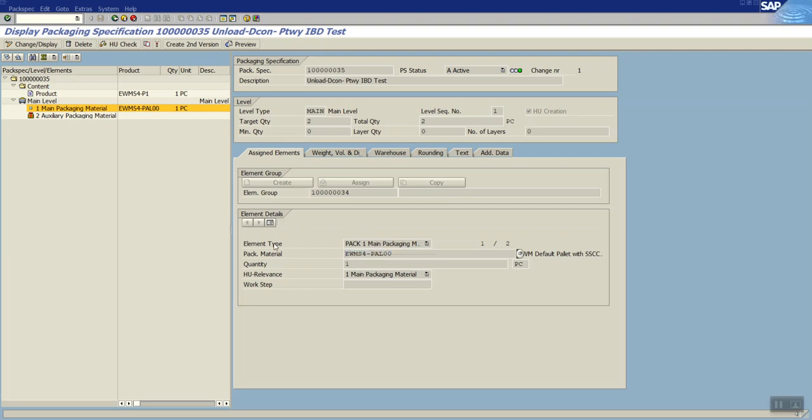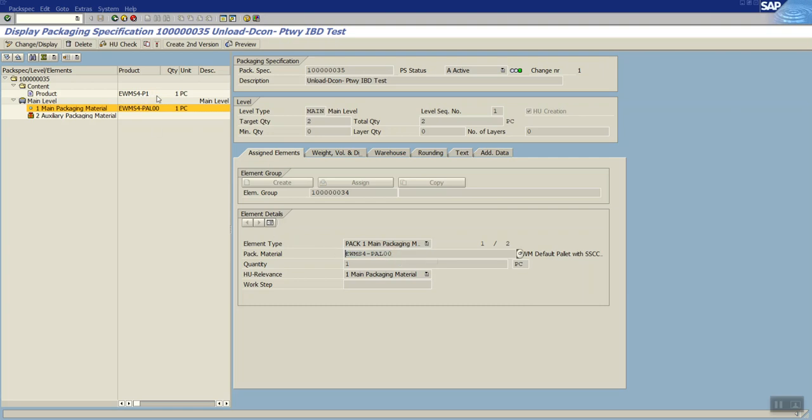Element type we can see, which is my main packing material, and the packaging material I assign here, and I am telling the system that when my level type is main and my packaging material is this and my element type is this, pack two pieces. The product is EWM S4 P1 and the packaging material is this one. So whenever this criteria is met, whenever I am receiving this product from the vendor, you always pack two pieces of this product into this quantity.